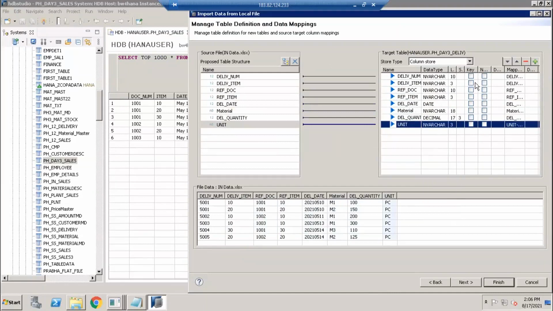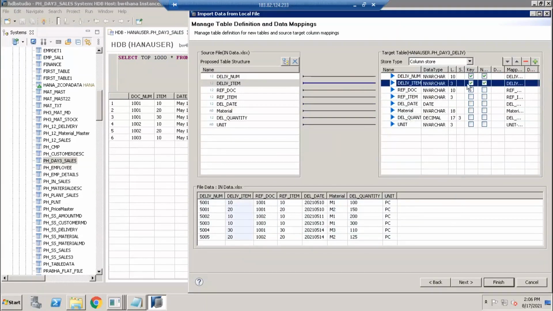So I updated, and here I need to mention my table keys: delivery number and item are the table keys.